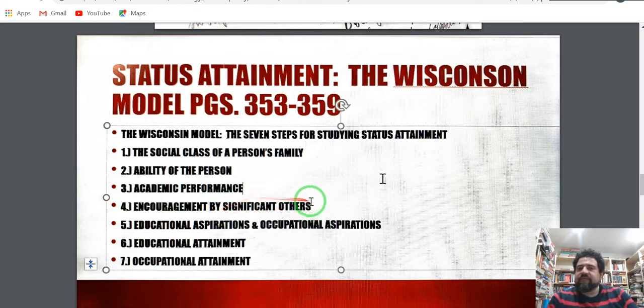Okay, obviously encouragement by significant others. By significant others, we're talking about those who are very close to you in your upbringing, your loved ones, as they say, your grandparents, your uncles, aunts, whoever's close to you, your stepparents, whoever is raising you. Okay, if you're like Jungle Book, and if a bear and a Black Panther is raising you, then they become your significant others.